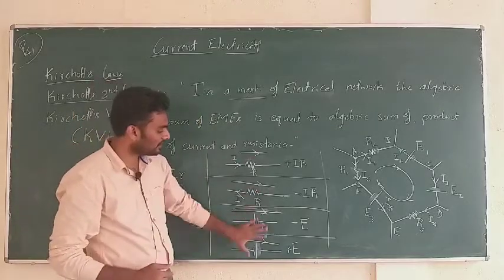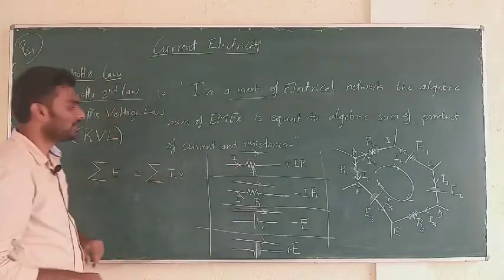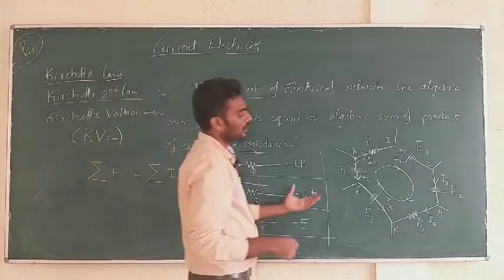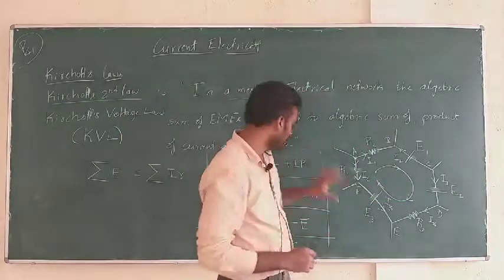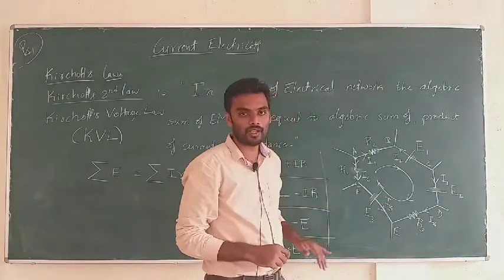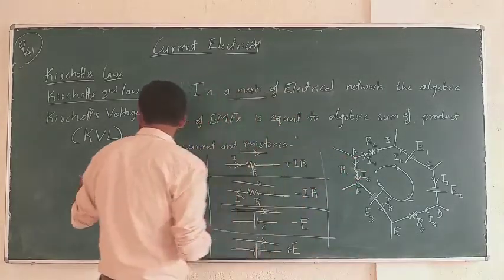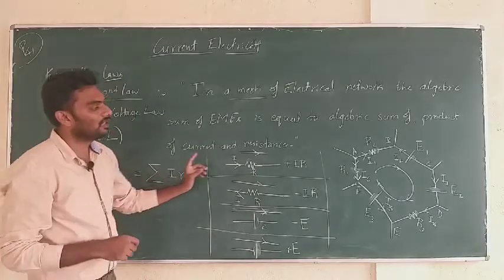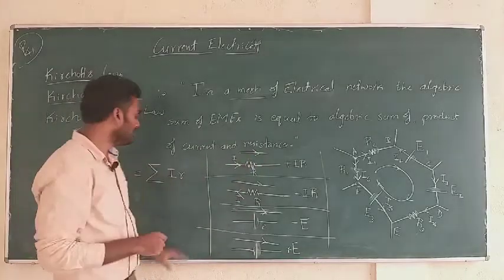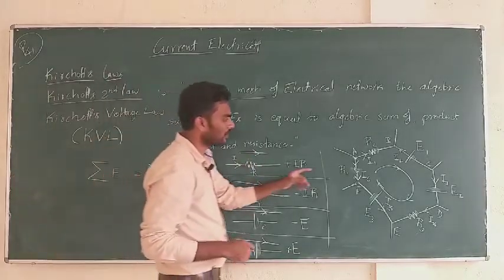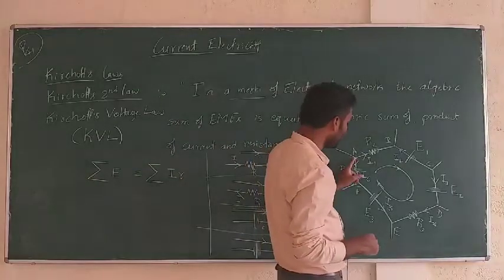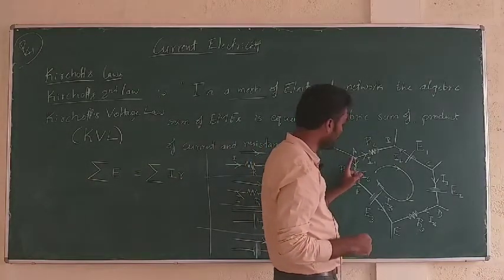Okay. So, these are the rules which have to be kept in mind. Now, let me analyze this circuit using these rules. First, the LHS of the equation says the algebraic sum of EMFs should be kept. I will start analyzing the network from A.